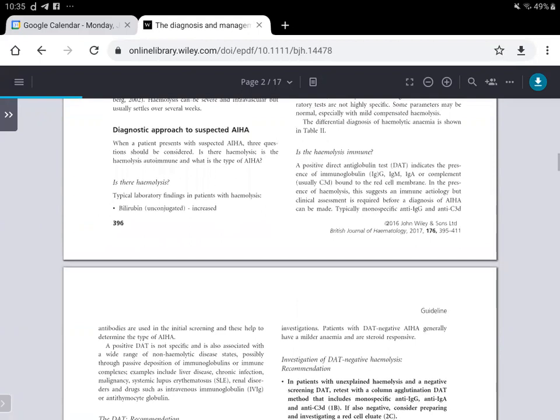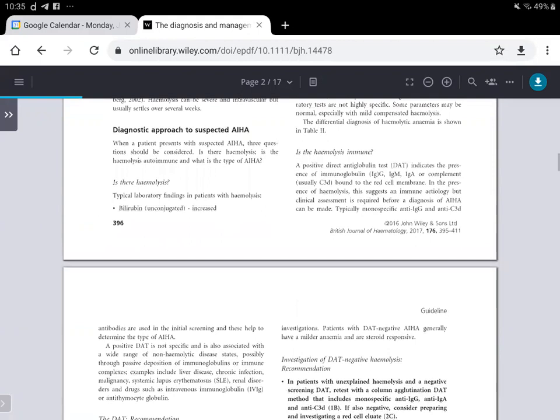So I think I'll just go through a brief recap of what we had been through yesterday, because we're building up on that in this session. So regarding autoimmune hemolytic anemia, we first need to have some background knowledge about it. Since it's autoimmune, it's actually a host immune system acting against its own red cell antigens, and this causes hemolysis.